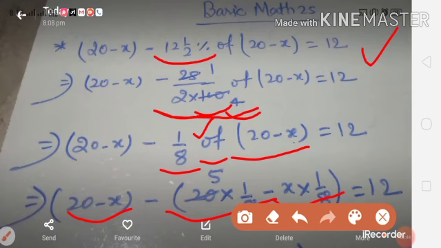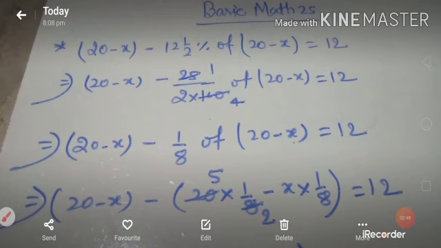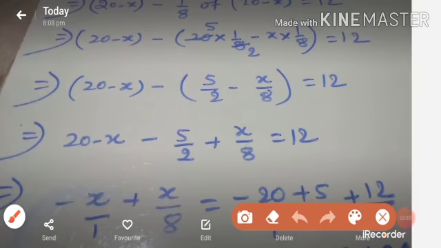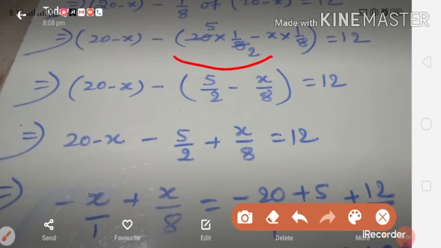We can also cancel it, and you see that we cancel it by 4: 4 fives are 20 and 4 twos are 8. We write here 5 and 2. You go and multiply it on the next page. You can see here that we multiply 5 into 1 in the numerator, so we write here 5 by 2, and in this we see x and 1, so we write here x by 8.